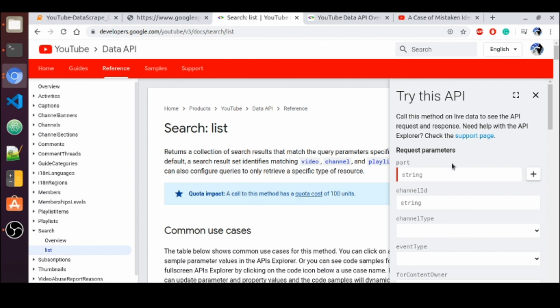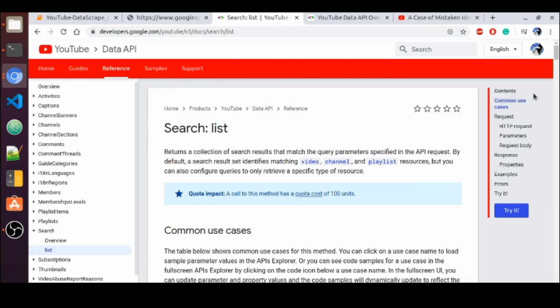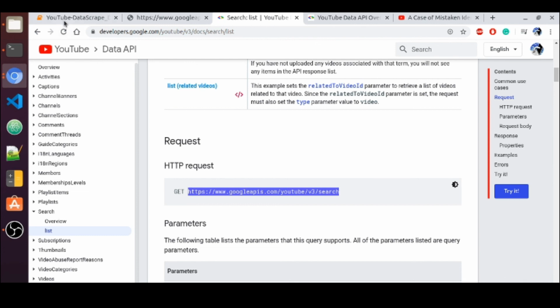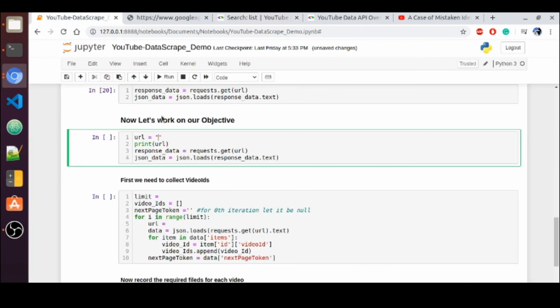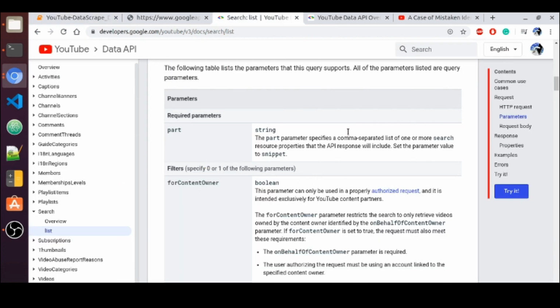I already showed you, I guess, but as quick information I am telling you this again. Consider this URL. Let me paste it down, and we have to configure our key. Let me do that as well. For the search operations, we don't have multiple part parameters, I believe. We have only snippet, so that's why we are passing snippet only.